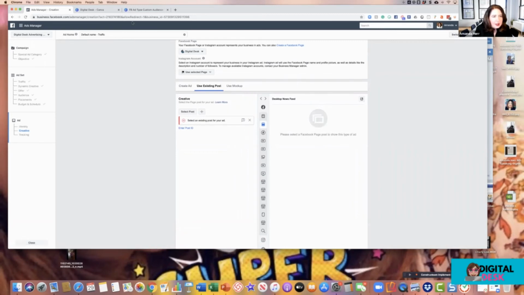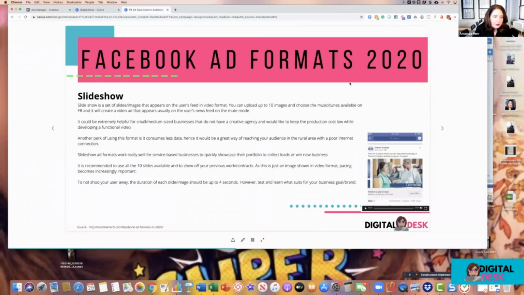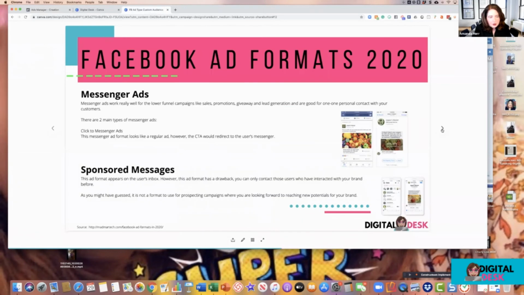Okay. So we've done slideshow, carousel and story. Messenger ads, I mentioned those. Messenger ads work great for people who, they call it lower funnel. Basically, that's people who already know who you are, have possibly already given you their information, or people who,